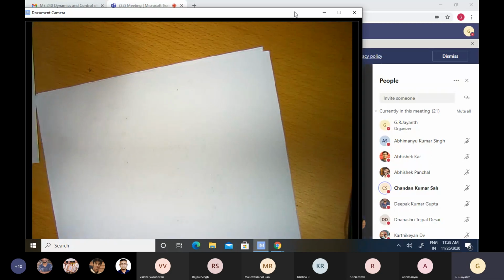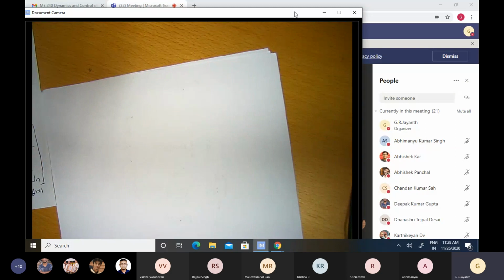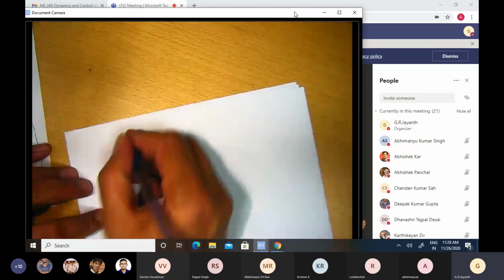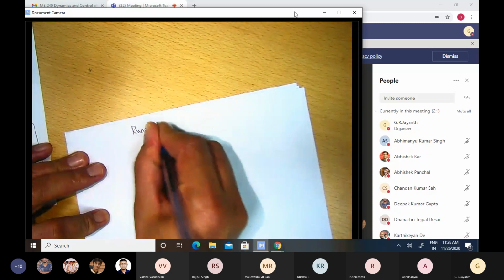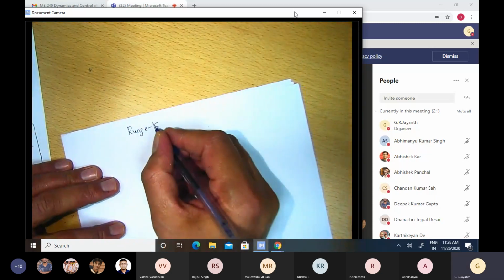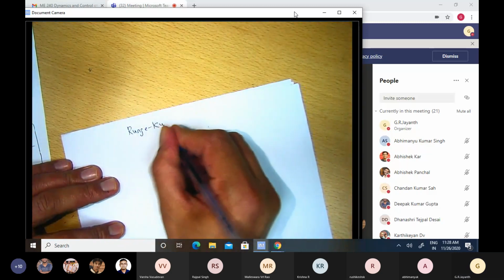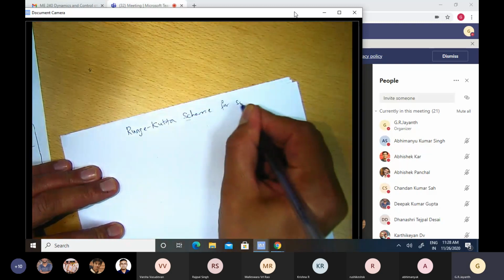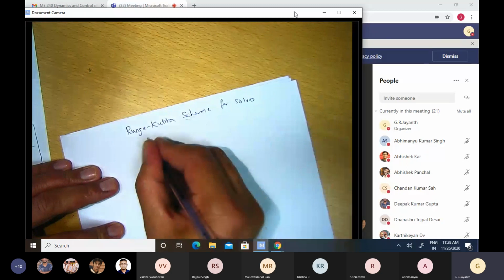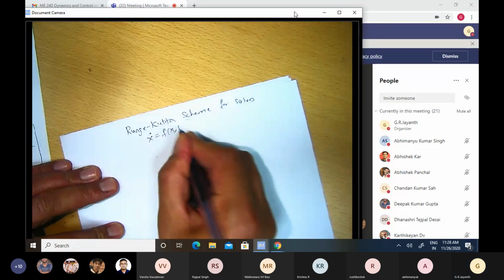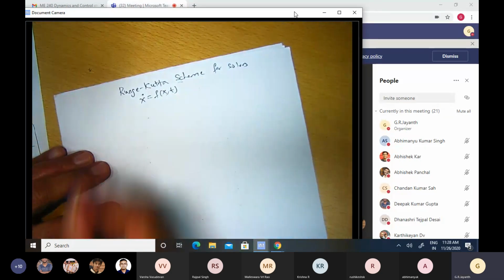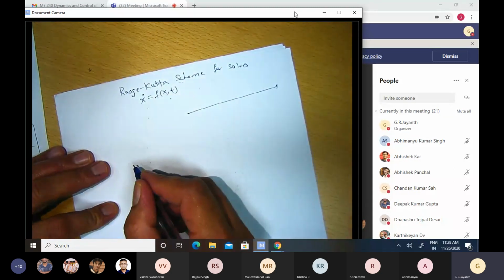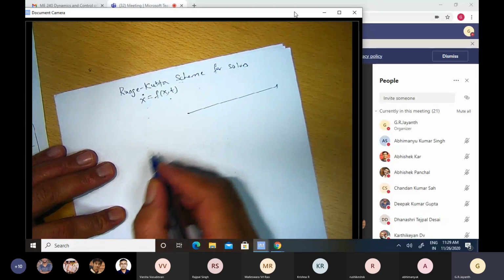Okay. So the most common form of the Runge-Kutta, by the way, is a family of solution techniques. It was developed by these German mathematicians, Runge and Kutta. Runge-Kutta scheme for solving x dot is equal to f of x comma t. Okay. So given this equation and you choose a certain time step, you want to obtain x as a function of t, right, where x is that vector.